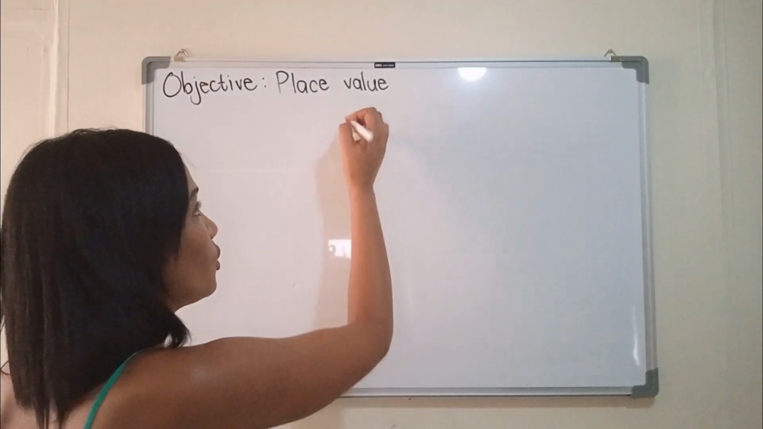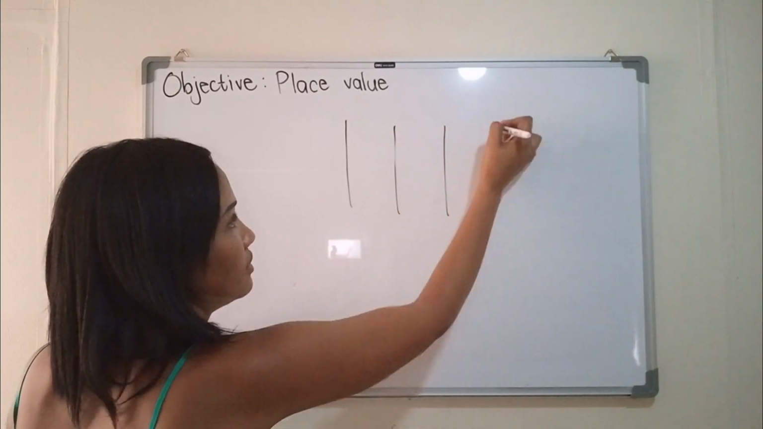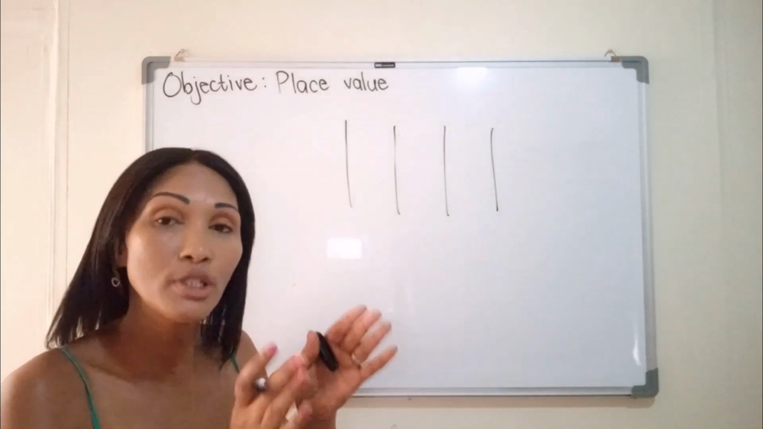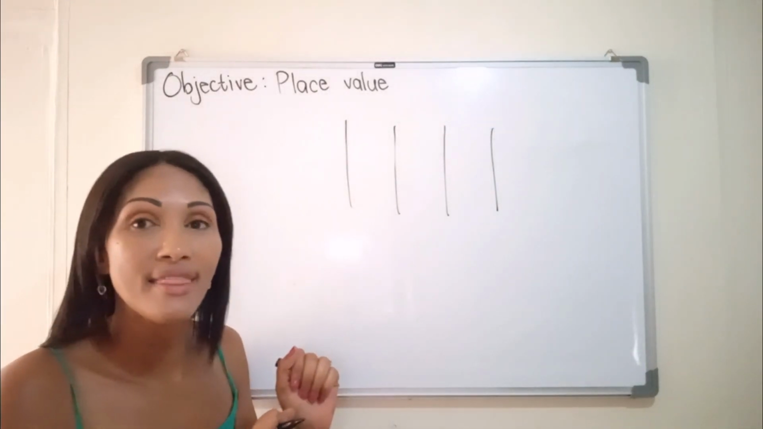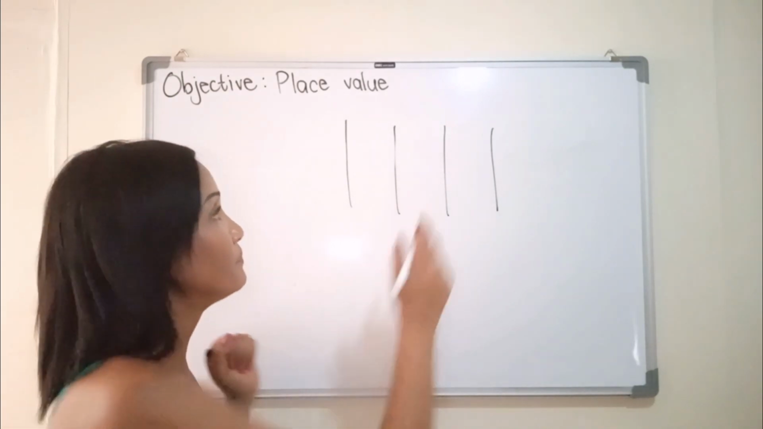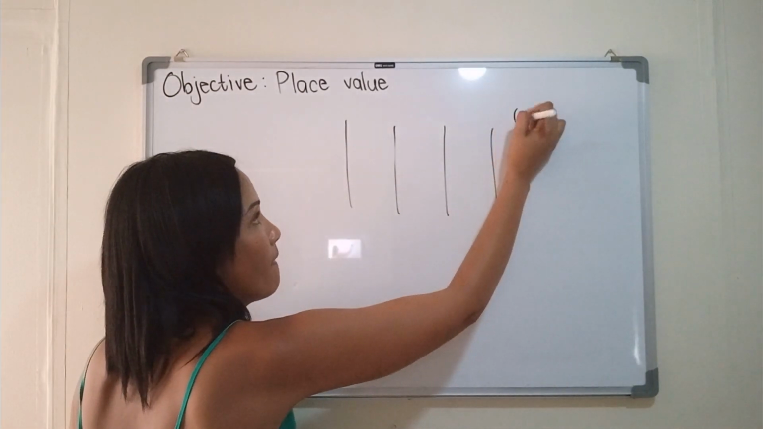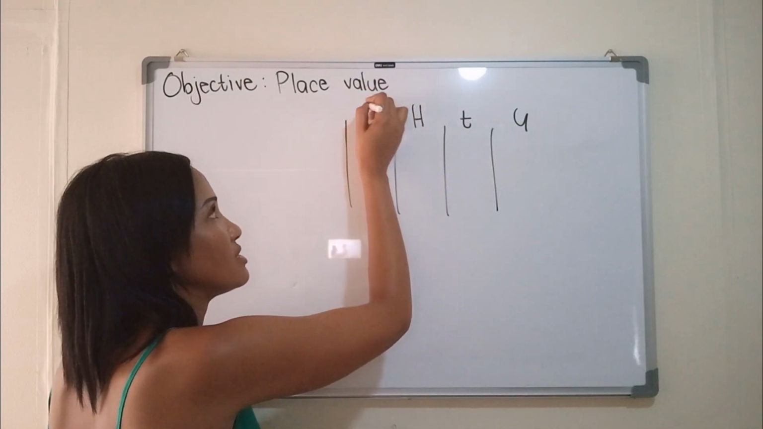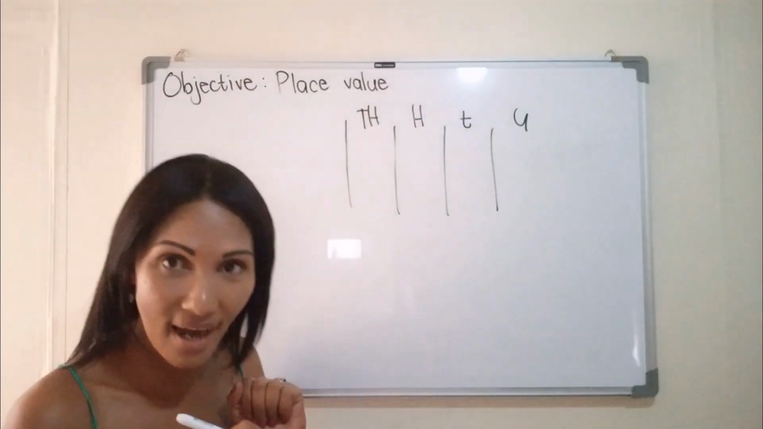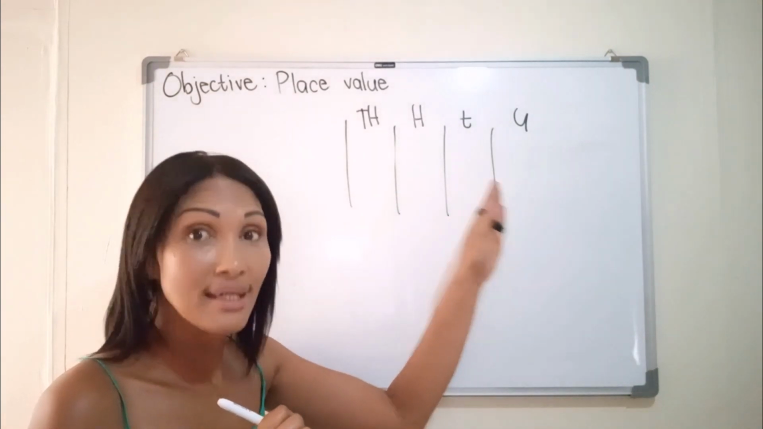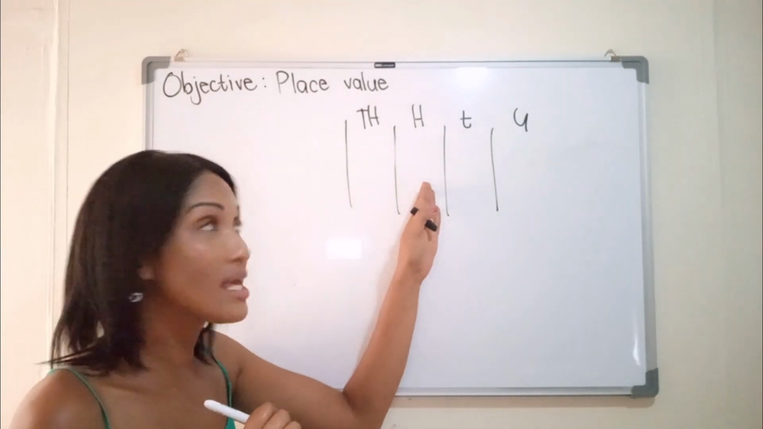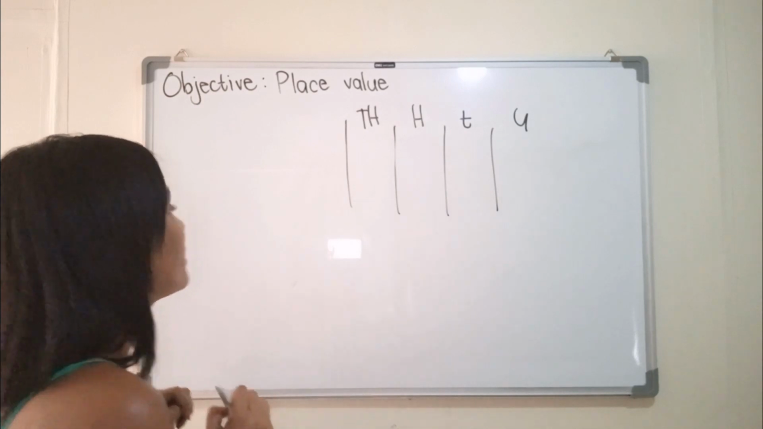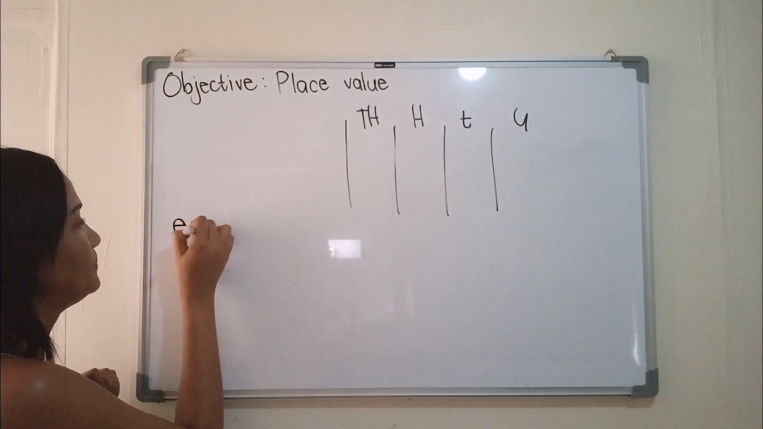So I'm going to draw the following columns and then put down what order the numbers are going to be. I've got units, I've got tens, I've got hundreds, and I've got thousands. Units, tens, hundreds, and thousands. For example,